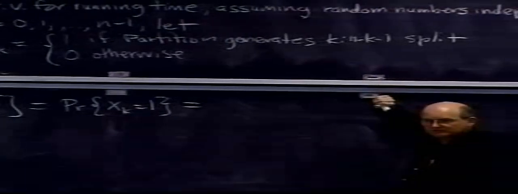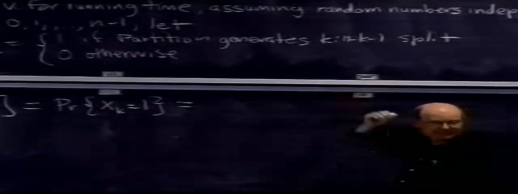And what is that in this case? If I pick the partition element at random out of the set of things that I've got to pick, if there are n of them, what is the probability that any one of those splits occurs? 1 over n. Each element is equally likely to be picked, and whatever element I pick, if they're all distinct, that determines what the split is. If I pick the smallest one, it's 0 to n minus 1. If I pick the middle one, it's approximately n over 2, n minus 1 over 2. If I pick the largest one, etc. So that's 1 over n.